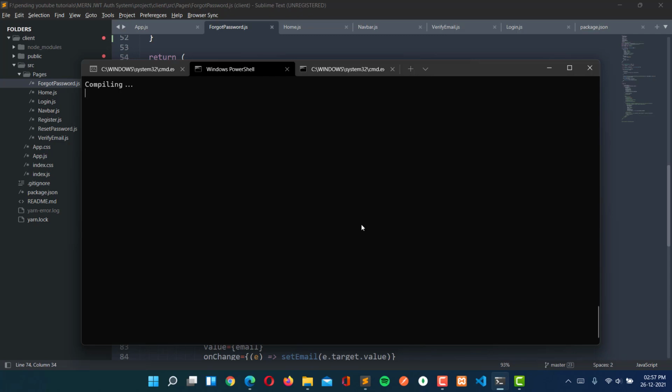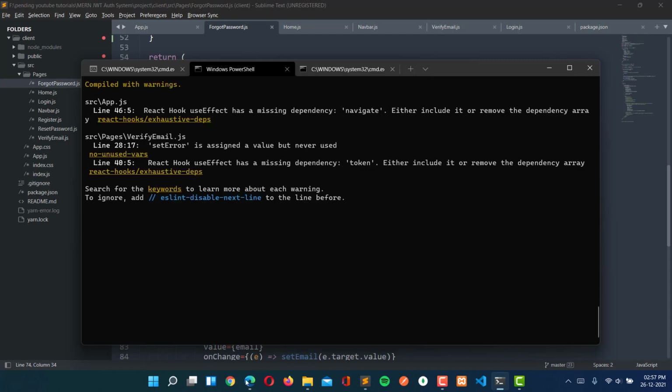It will compile within a minute. So it is compiled successfully.